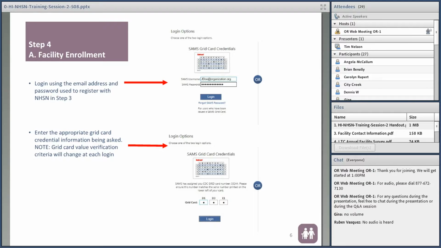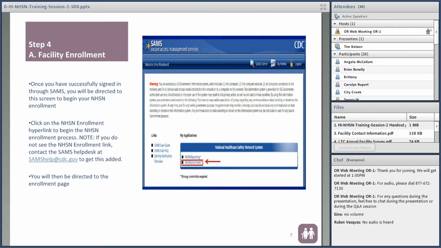Once you've successfully signed in through SAMS, you will be directed to this screen to begin your NHSN enrollment. Click on the NHSN enrollment hyperlink to begin the NHSN enrollment process. And please note, if you do not see this NHSN enrollment link, contact the SAMS Help Desk at the address